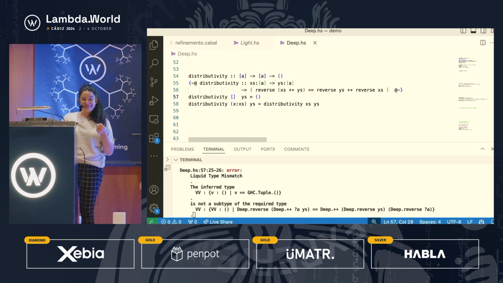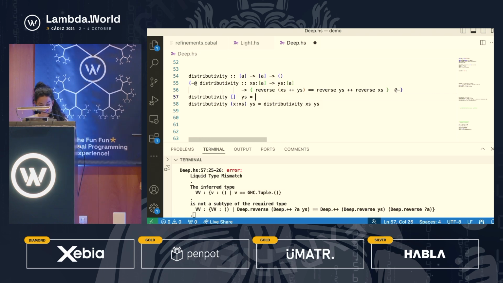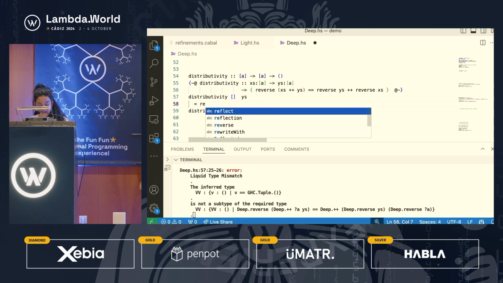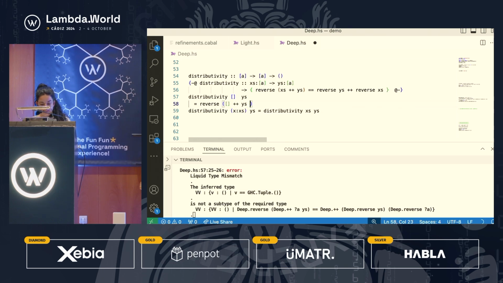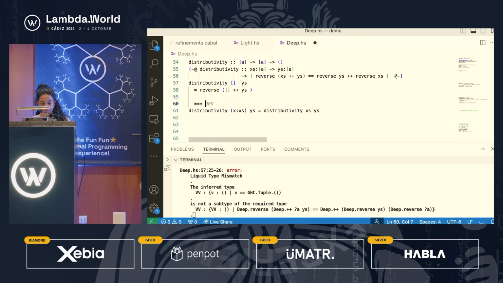Somebody has done this proof before? No, okay. So let's try to do the base case then. So the base case says reverse x's is my empty list, append y's, right? And I want to reach a state that this is equal to reverse y's, append reverse